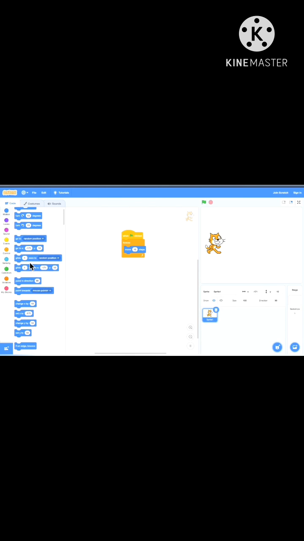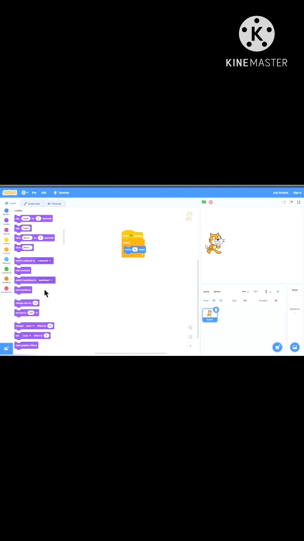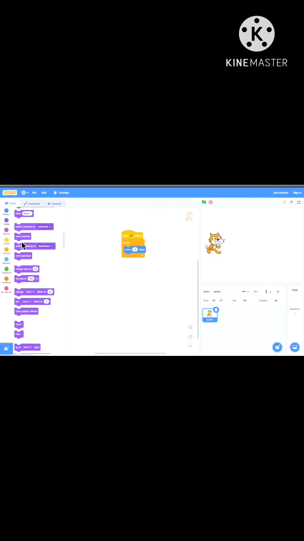Like here, when we run our project, our sprite is moving. And we have already added the costumes, but it is not changing the position of its leg because we have not given any instruction to the sprite to change its position. So for that, we have to use one more block from the Looks block menu, and that block is Next Costume. So Next Costume block is used to change the costume of our sprite.